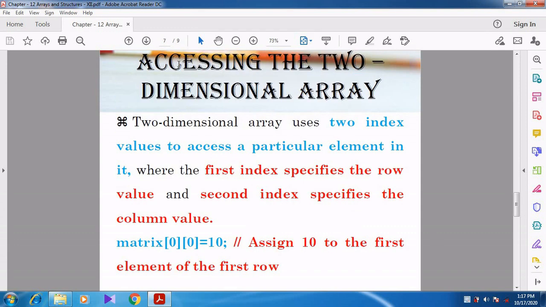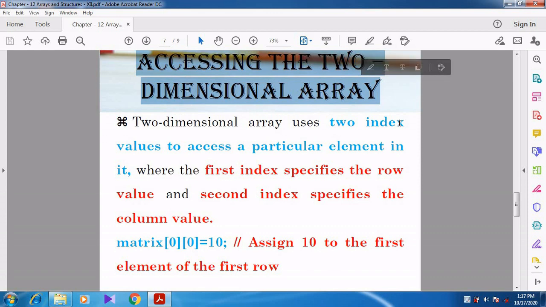Now we are going to see how to access the two-dimensional array. So we know very well about the two-dimensional array. Whenever we want to access the array, we access it through the subscript.